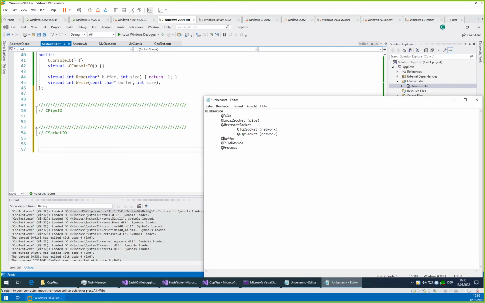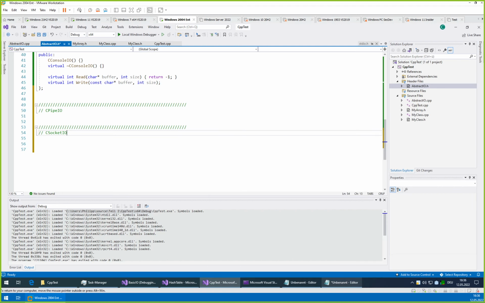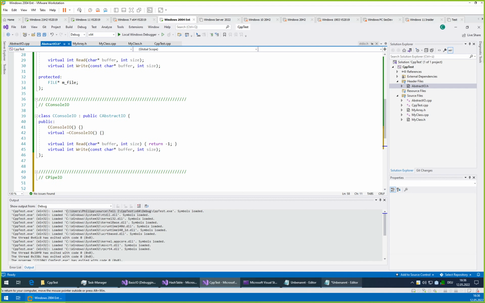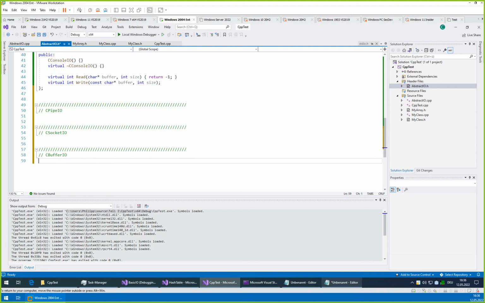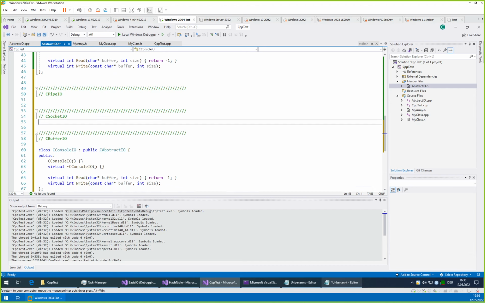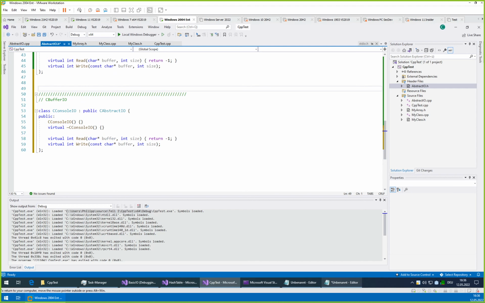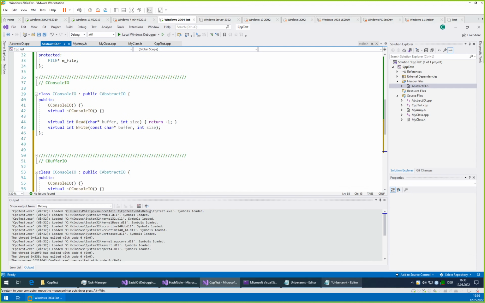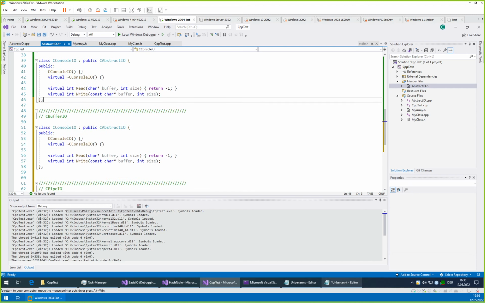This is not a device or anything, this is just a piece of memory. So the idea here is that you can write to memory the same way as you would write to a file or to the console. So let's say QBufferIO, and that sounds like an interesting thing. So this we'll put here for later. And BufferIO will be something that will be a homework.